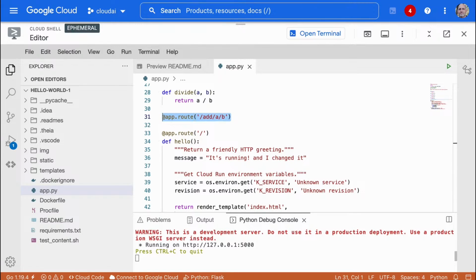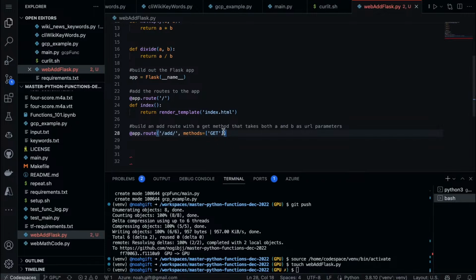We'll go back to our code here. We'll just say A and B. There we go. That looks good. Add A and B. There we go.